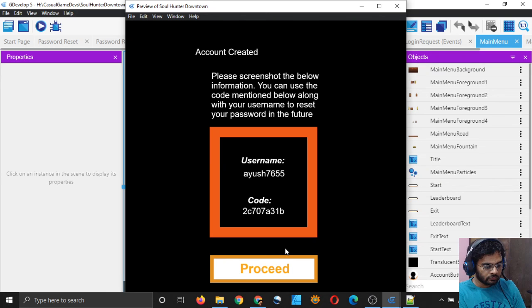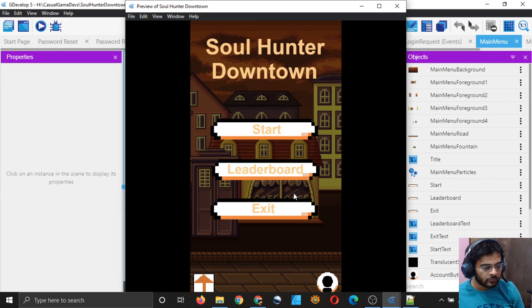So you can see that I have taken a picture of the code screen on my phone. Now I will remember the code. So I have the code with me on my phone. Okay, so that's good. Now I will proceed, and now I will first try to log in and see if my login function is working or not.